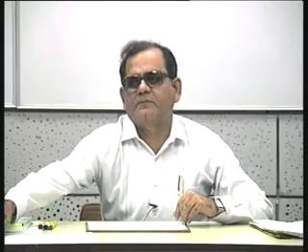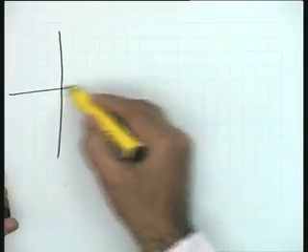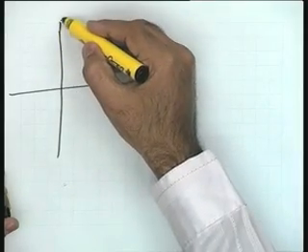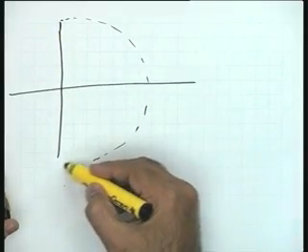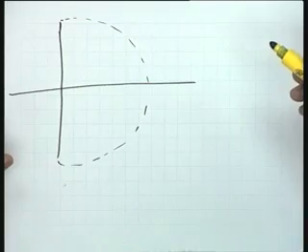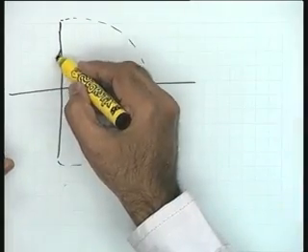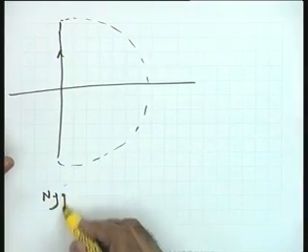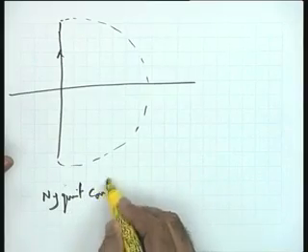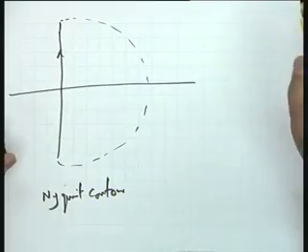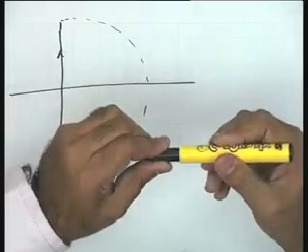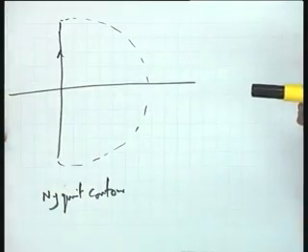Before I take the application of the Nyquist stability criterion to control systems, a quick revision of the criterion's basic concept will be in order. The idea was this: in the S plane you consider the total contour, which is the right half plane including the imaginary axis. Let me call this the Nyquist contour, because we are interested to see whether the closed loop poles of the system, or zeros of 1 plus GsHs, lie